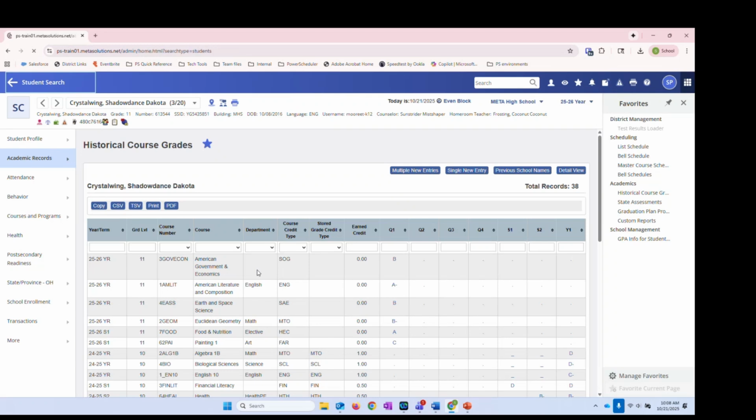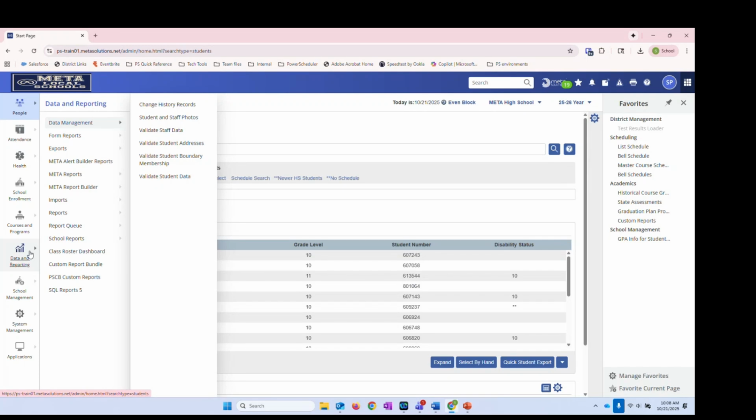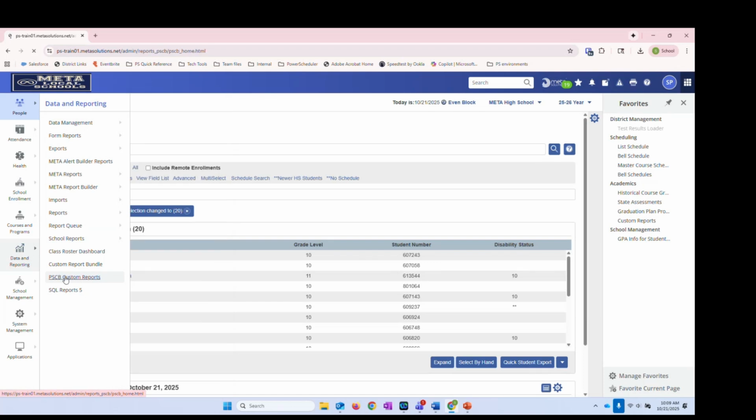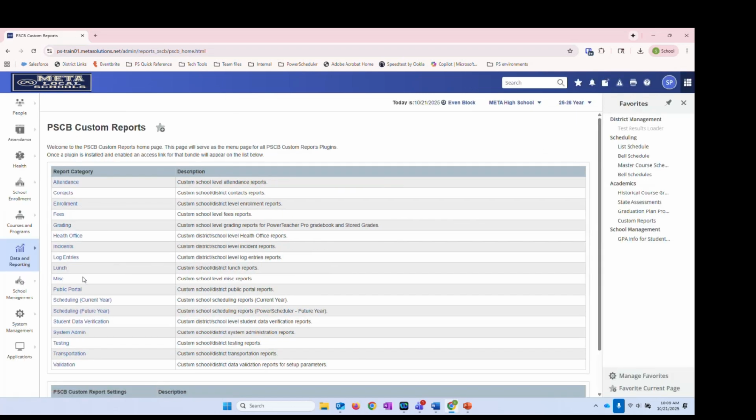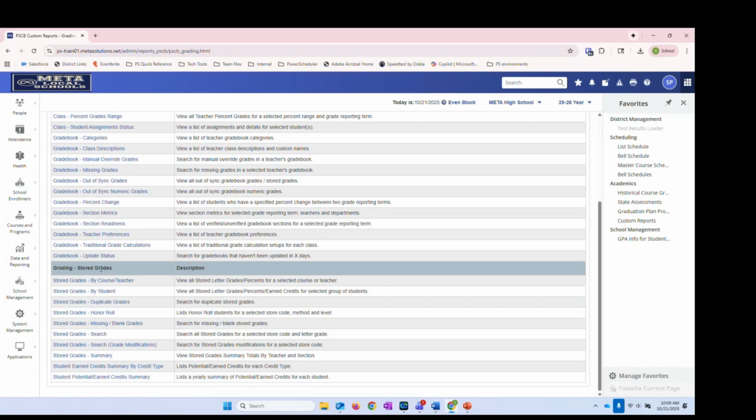All right. There are reports. For example, there is a PSCB report. It would take a little bit longer to run. I'm not going to do that on this call. I'm not going to run it because it does take a little bit of time, but I do want to show you that if you wanted to look at the bigger picture and maybe export every stored grade for a quarter, you could go to the PSCB custom reports, which is a customization that most every one of our districts are using. You could go to the grading menu here, and down under stored grades, there is a stored grades